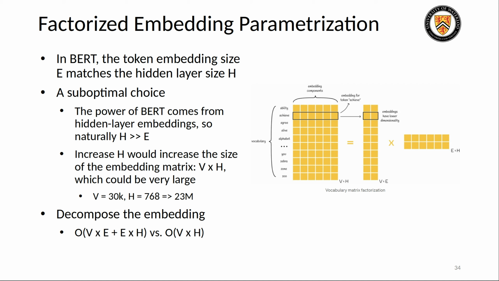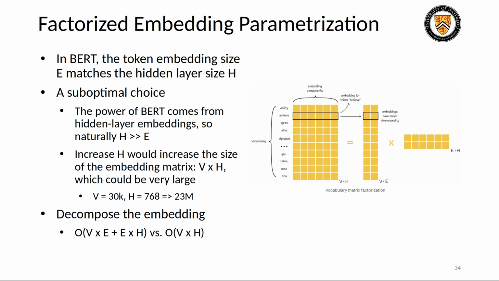However, to increase the dimension of the hidden layers, the dimension of the token embeddings must also be increased. This would result in a significant increase in the number of parameters because the vocabulary size is usually very large. For example, BERT has a vocabulary size of 30,000 tokens and uses 768 dimensional token embeddings, resulting in 23 million parameters. So ALBERT addressed this issue by decoupling the dimension of the token embeddings from the dimension of